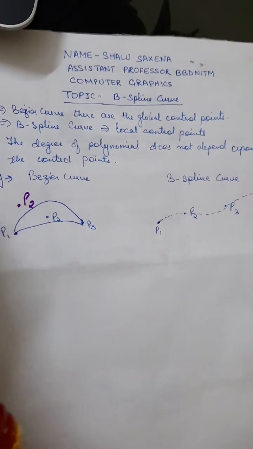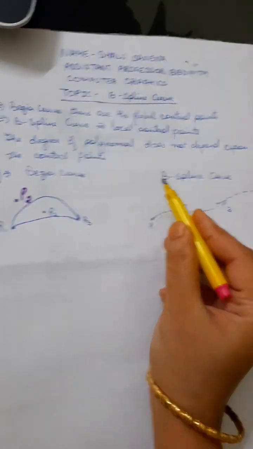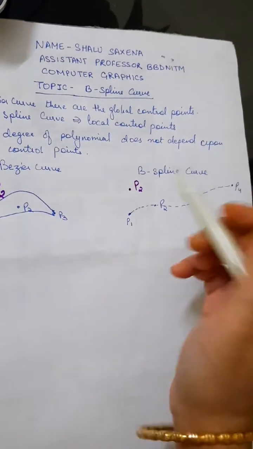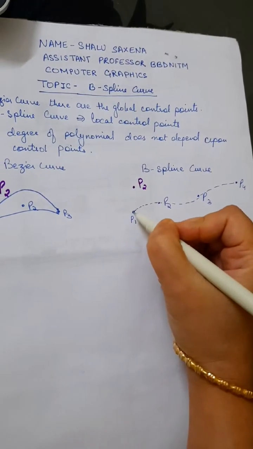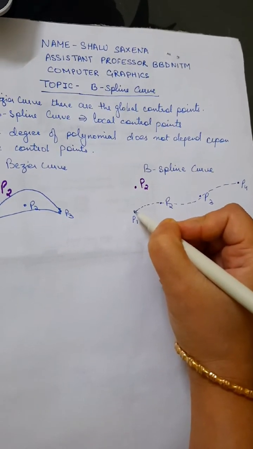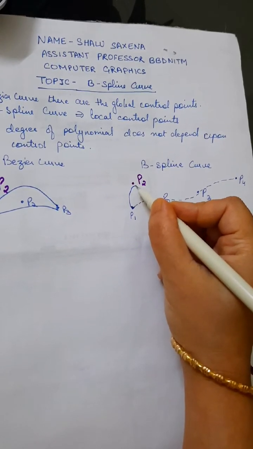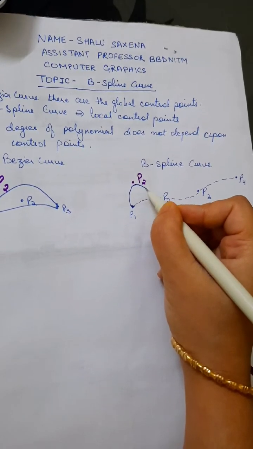And let's suppose our point P2 is going to be changed. Suppose our P2 is like here. And if we change the position of P2, then our curve is not going to be changed, only this part of